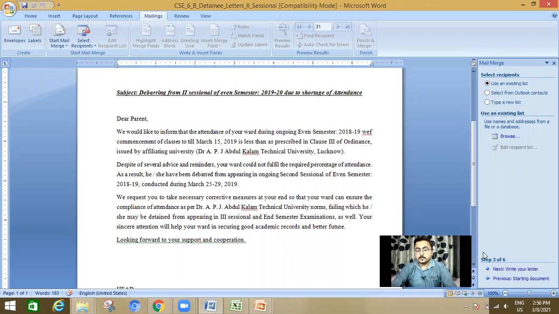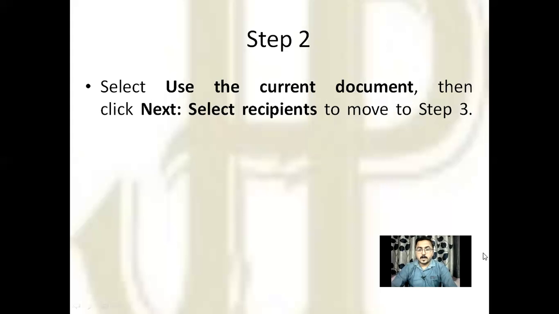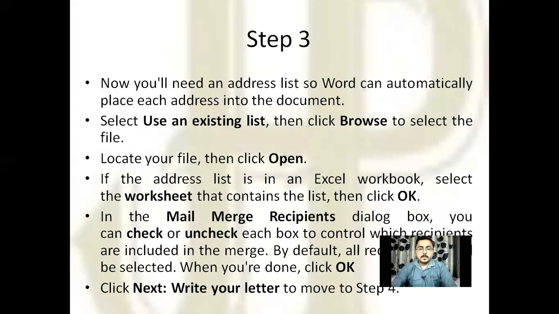Okay. I think it is very clear to you why I am already in step 3. Okay. So what is to be done in step 3? Now, you will need an address list.